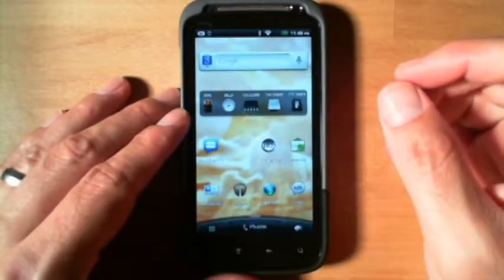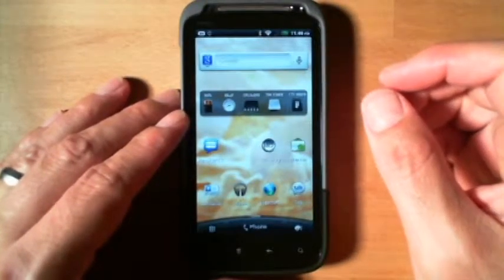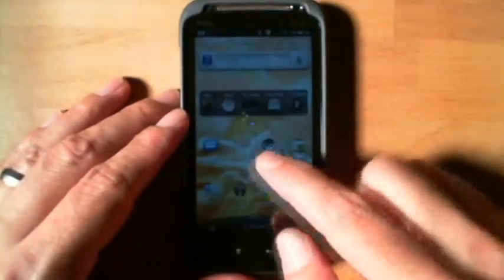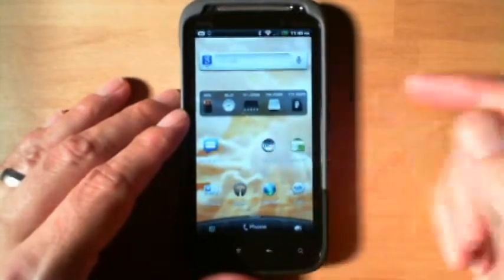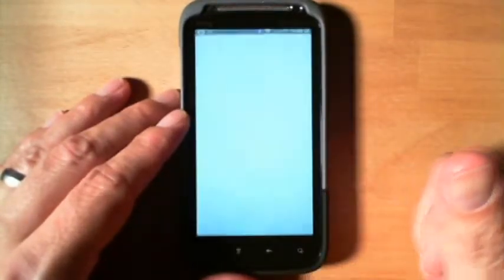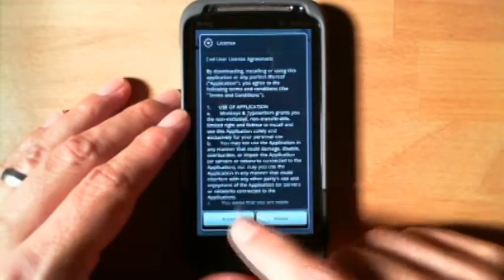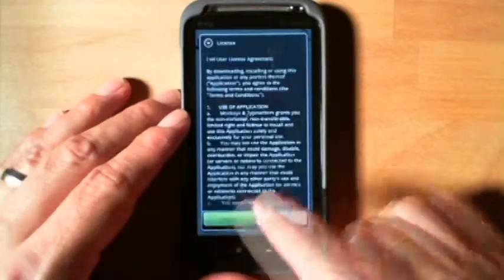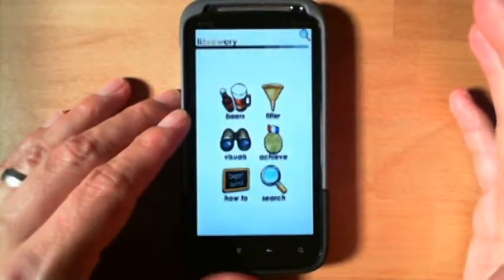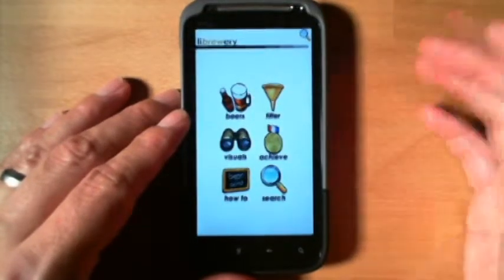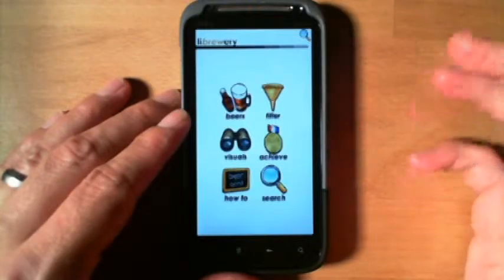Okay, so a little tutorial on how to use the Librewery app. First we're just going to go into the phone here and start up the Librewery. If this is the first time you're coming in, you'll have to accept the usual end user license agreement. And then that brings you to the main page here where you see some of the most important functions of